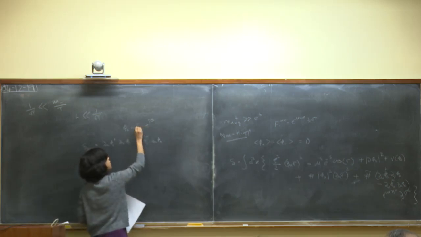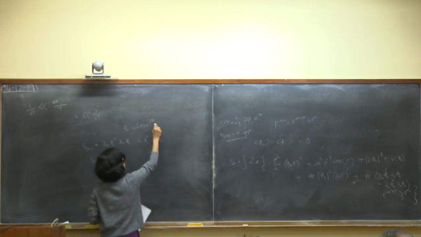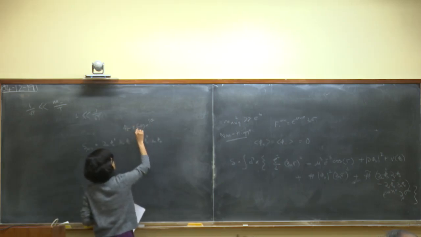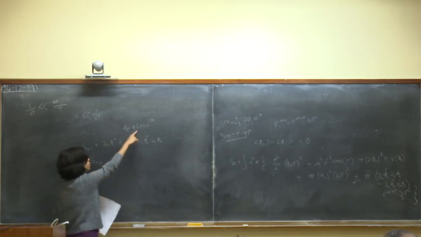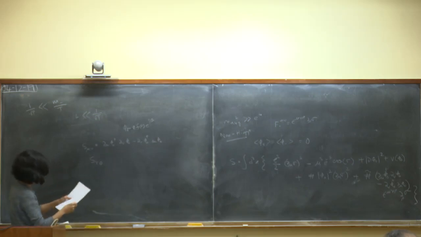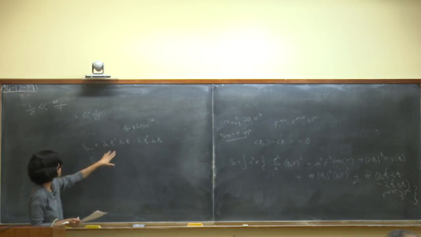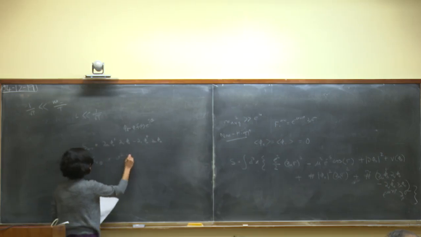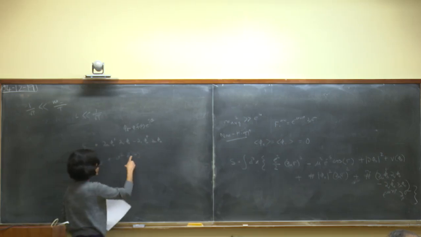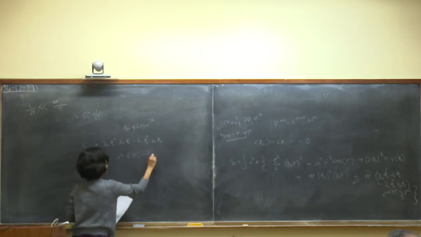Maybe I'll write it as v f of r e to the I theta. So f of r goes to 1 far away from the core of the vortex and is 0 in the core. Now, if you plug this ansatz in here, you can see that it's only the r theta component that's non-zero, and it's given by v squared f prime of r, the derivative of f with respect to the radial coordinate, and then f of r over r.